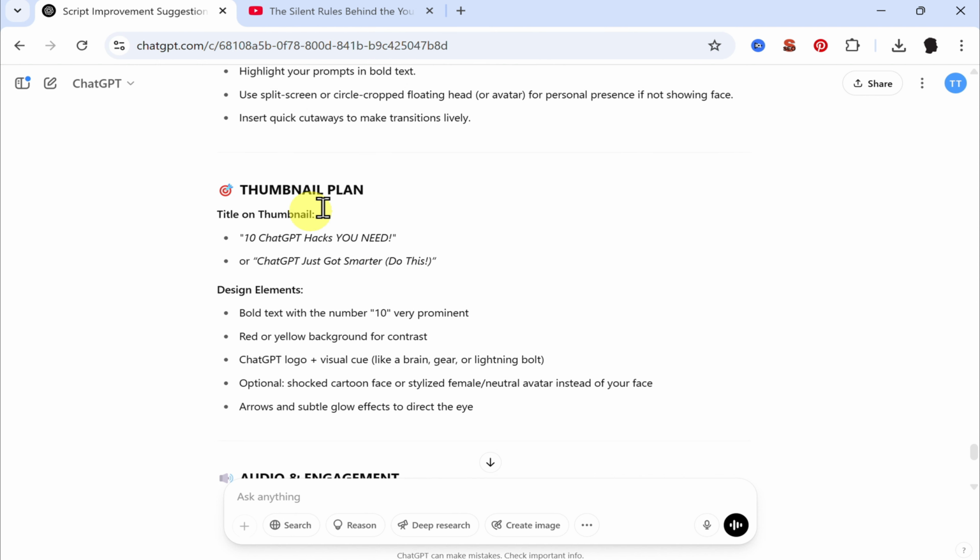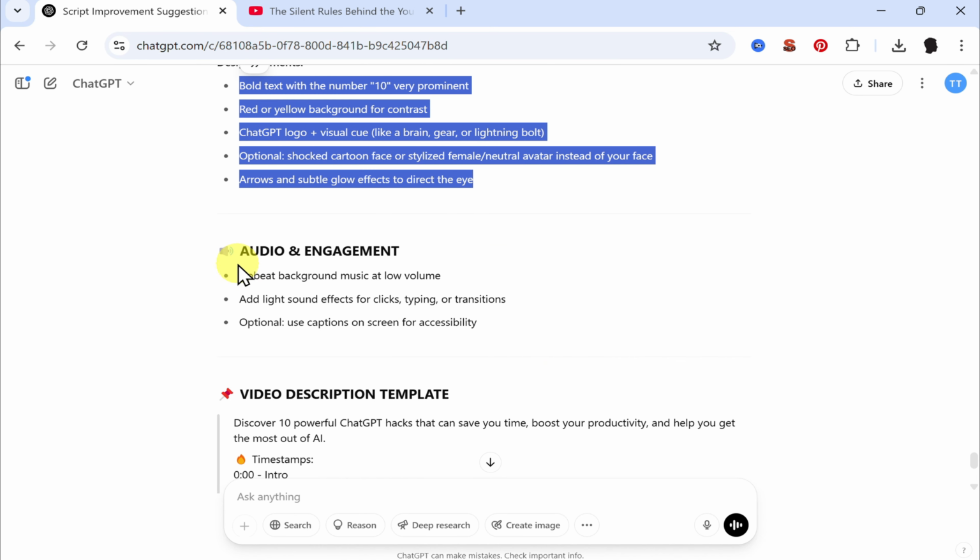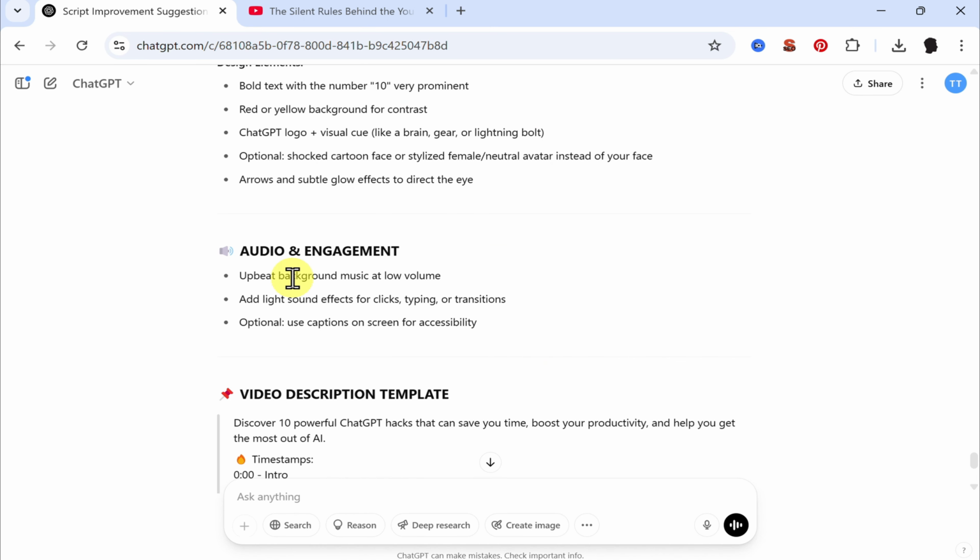Pretty good. Thumbnail plan: what to write on the thumbnail, design elements on the thumbnail. Everything is added here in a matter of seconds. Audio: should I add audio? Upbeat background music, which you can then find in an audio library. You see,